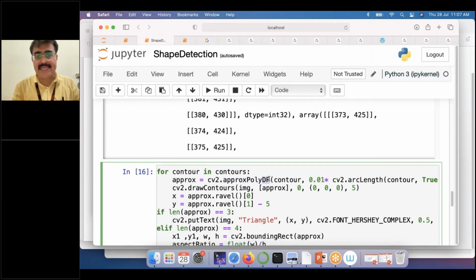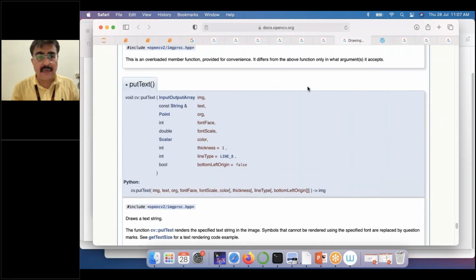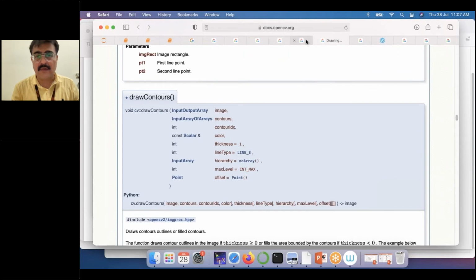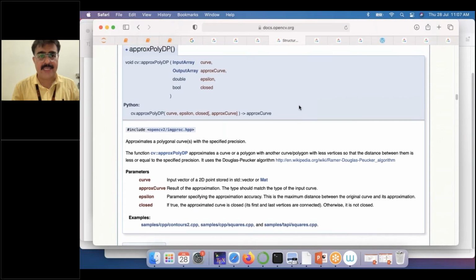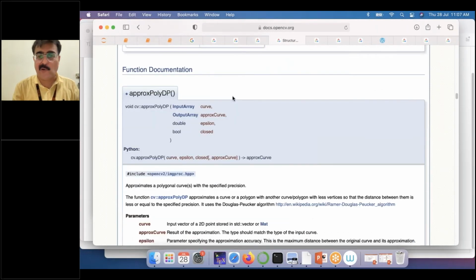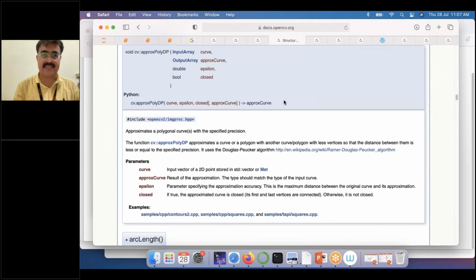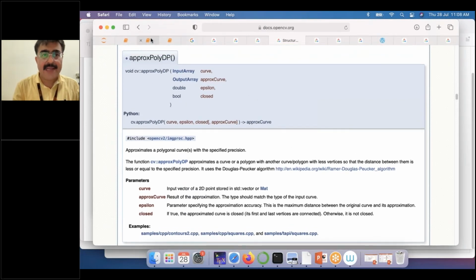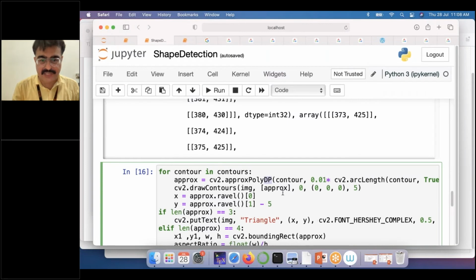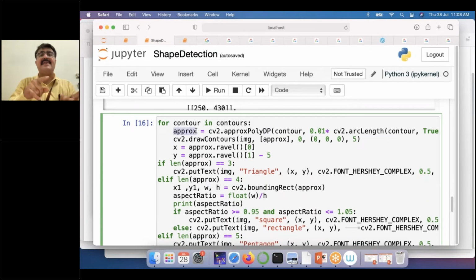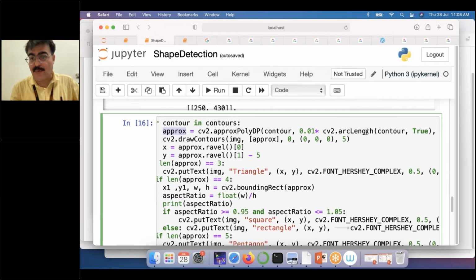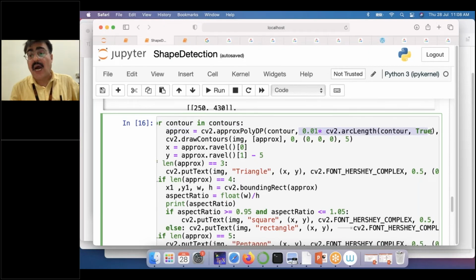DP is actually the name of the algorithm basically. I think this one is for that. Yeah, this is put text and draw colors. Anyway, approximate polygon DP. DP is the Douglas-Peucker algorithm basically. It is going to give you the approximate shape. And where it provides you the approximate shape, again it will be the boundaries, the corner points of that shape. And here you can provide the second argument, that is how much